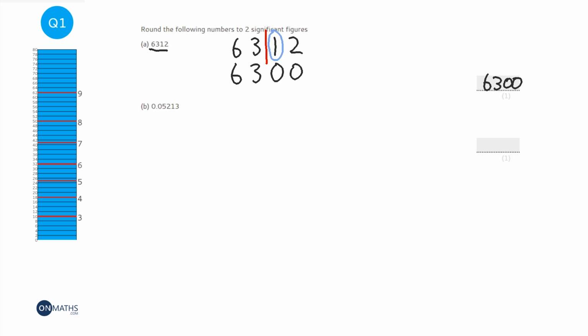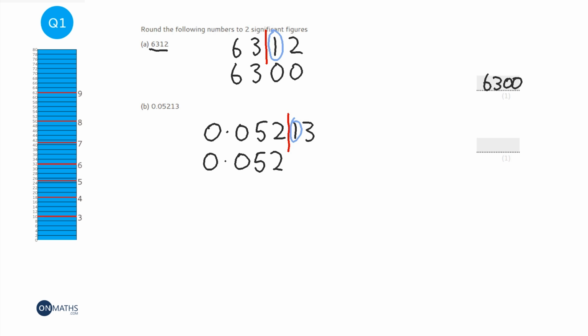Now on question B, this is an exception that we've got to remember with significant figures. You don't start counting until you hit a number that's not a 0. So the first number is 5 and the second one is 2. So the line will go here. Then let's have a look at our decider number, where it's 1 again, so it's less than 5. So we're going to have